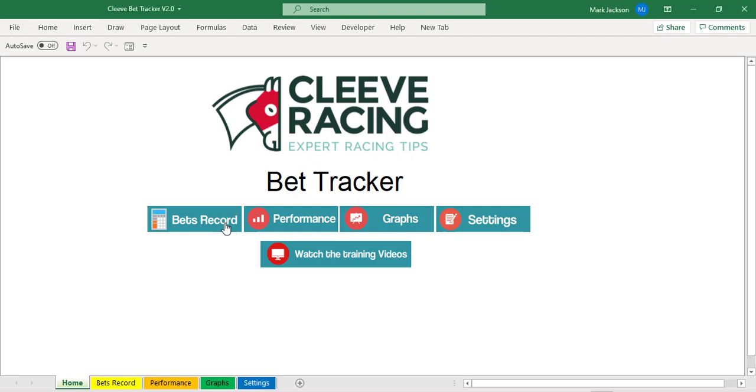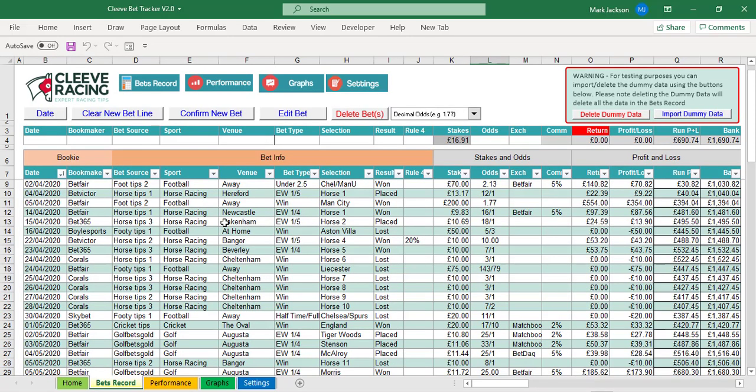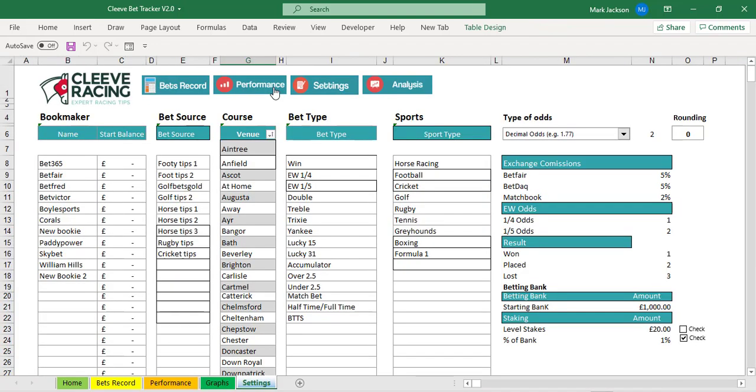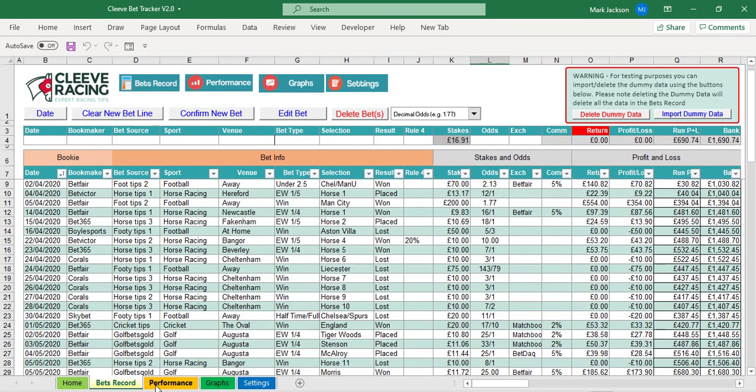So if I click on bet records, it takes me to the bet records and opens that. I can go from each page to the various different pages, or I can just click around using the tabs. So it's quite straightforward, quite intuitive. What I'm going to do now is show you and talk through the bets record